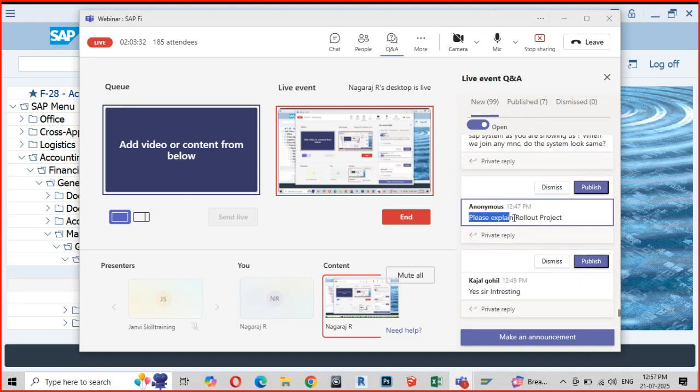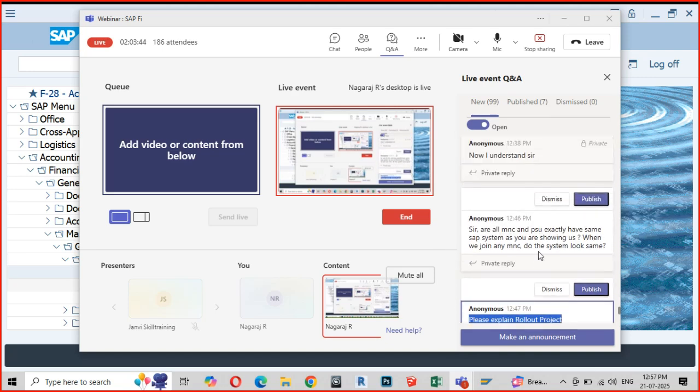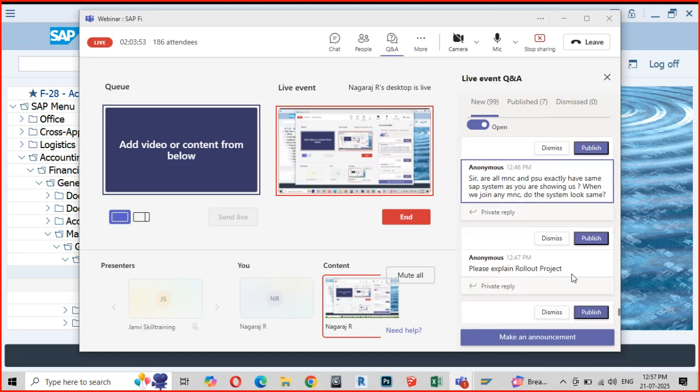Rollout project. What is a rollout project? Suppose there is a conceptual change, like say in your accounting. I'll just explain this rollout project. Say we move from one taxation system to another taxation system. Does the whole of finance change?